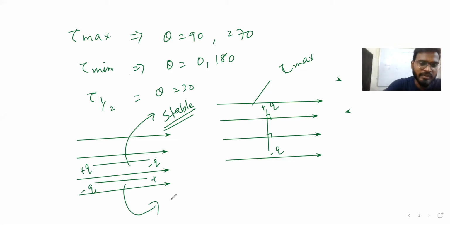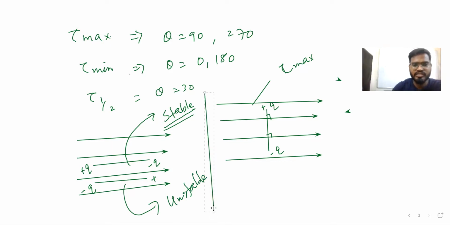Now unstable torque, but torque you will get what? Minimum here. So these are the cases where they can ask you questions like in board, they will tell you to draw. So torque is equal to P cross E or PE sine theta. Hope so till here you guys got it.